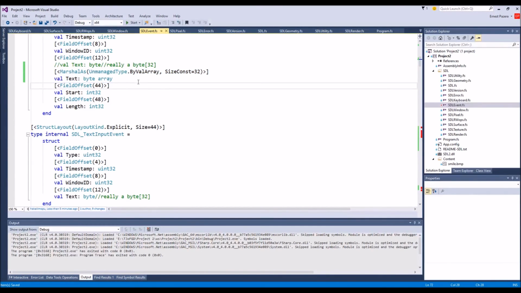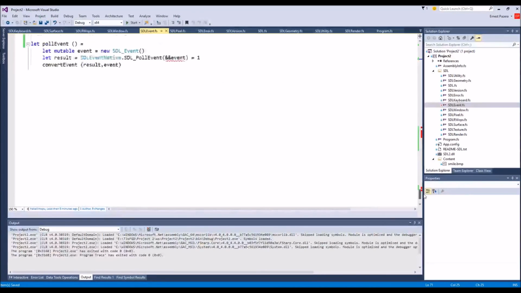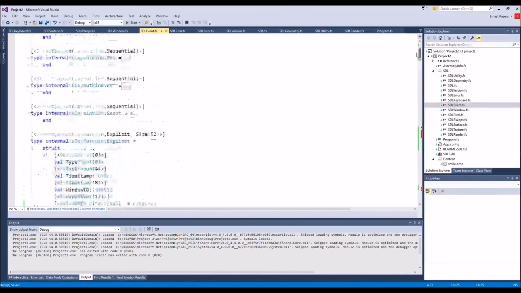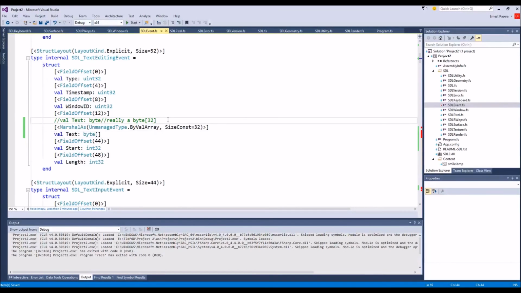It says you cannot make a native pointer to it. I even tried this, and I get the same result, until, and I was about to give up,